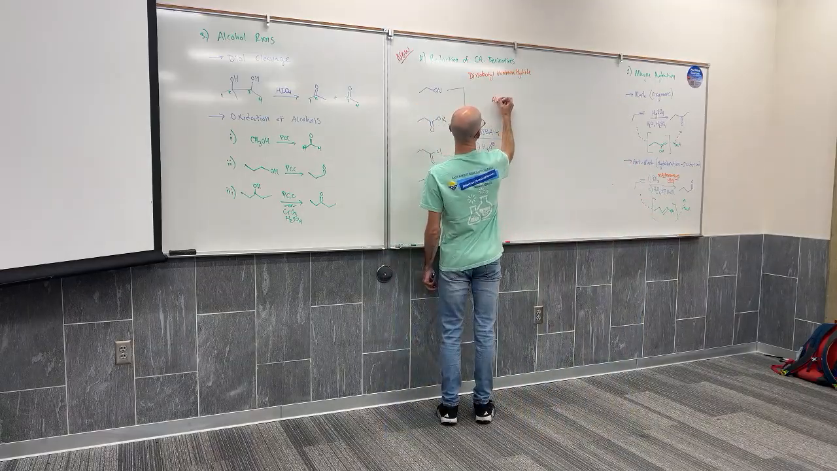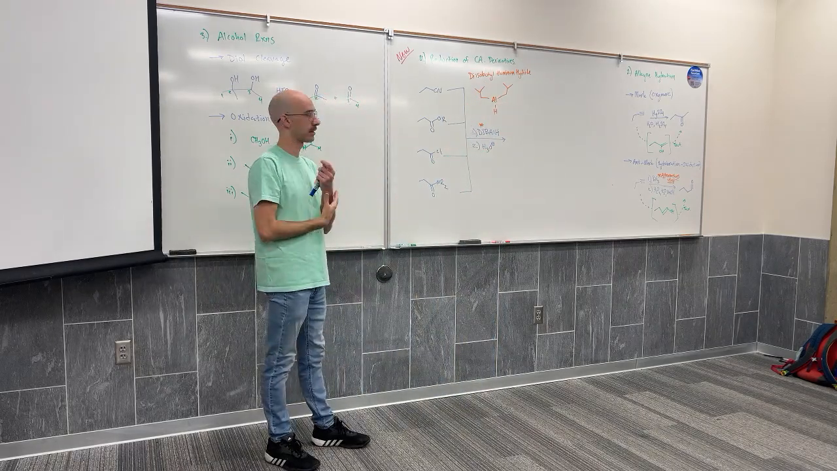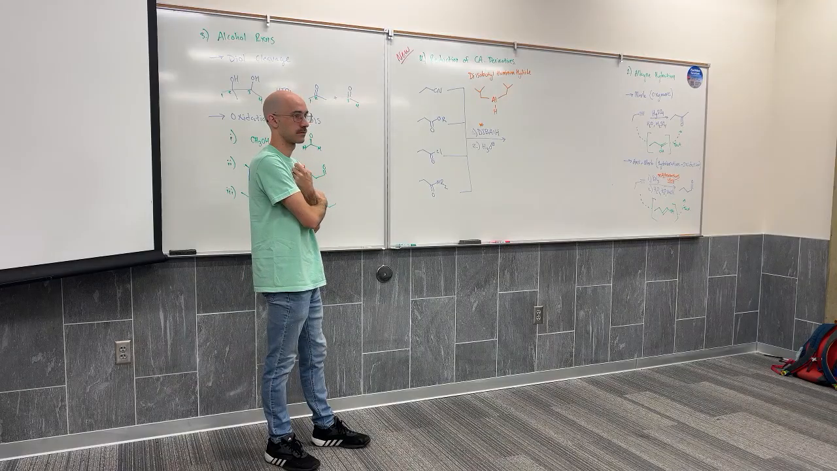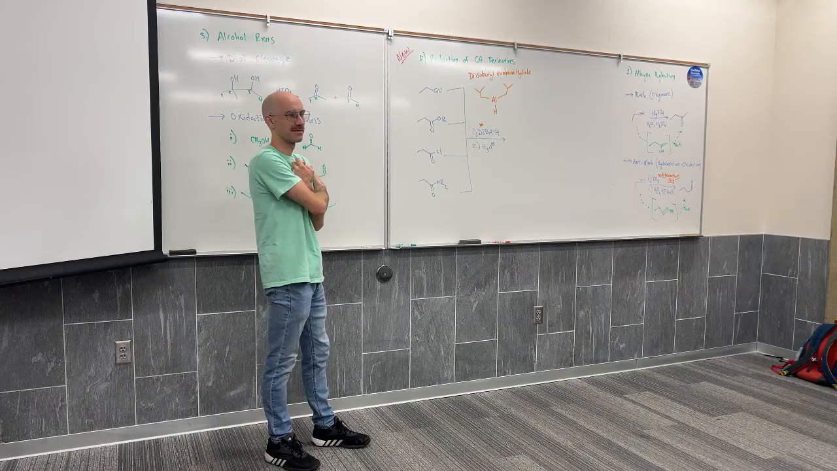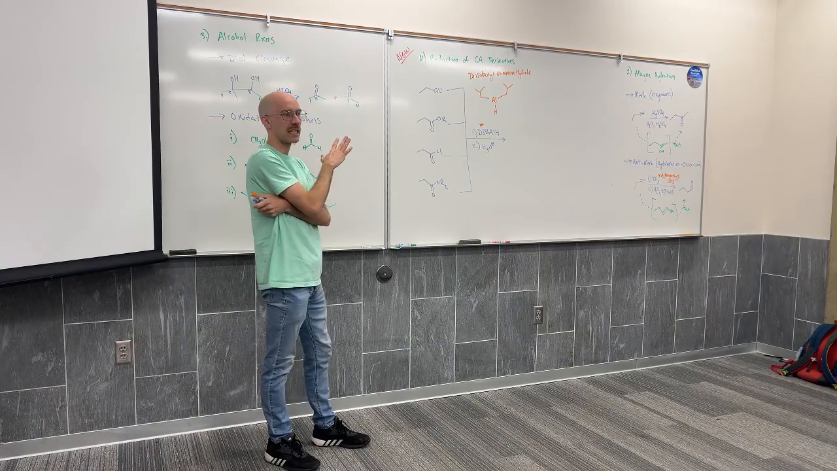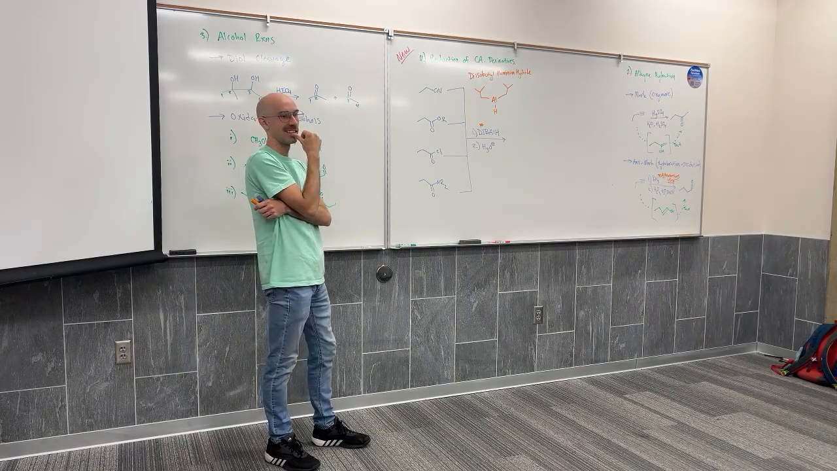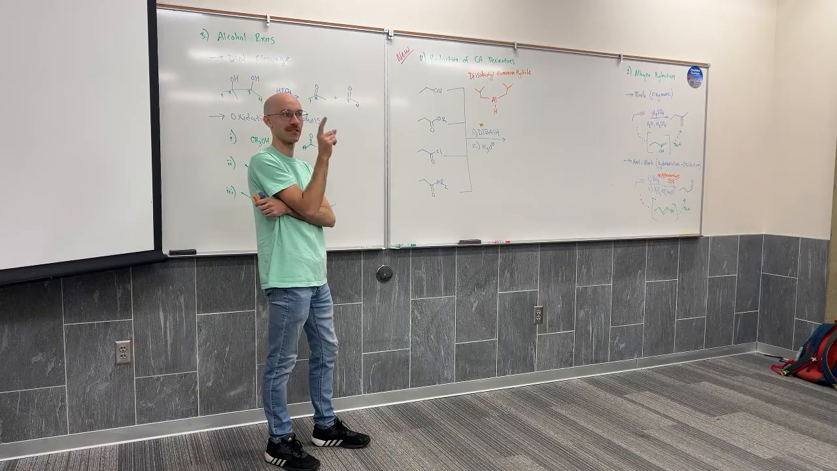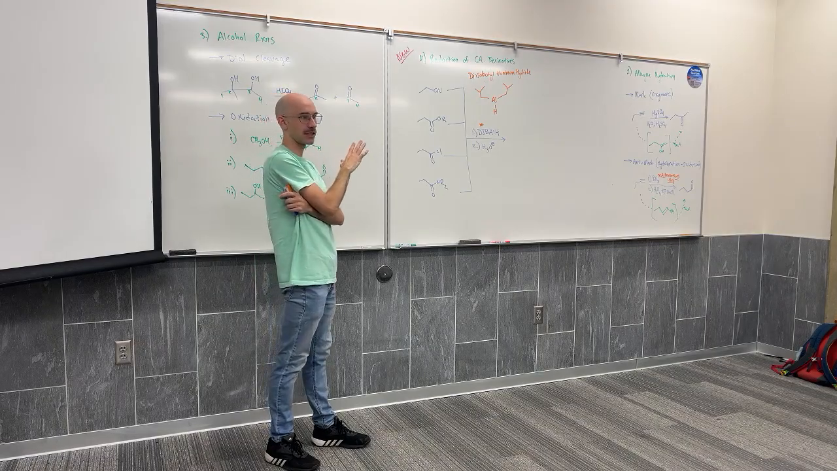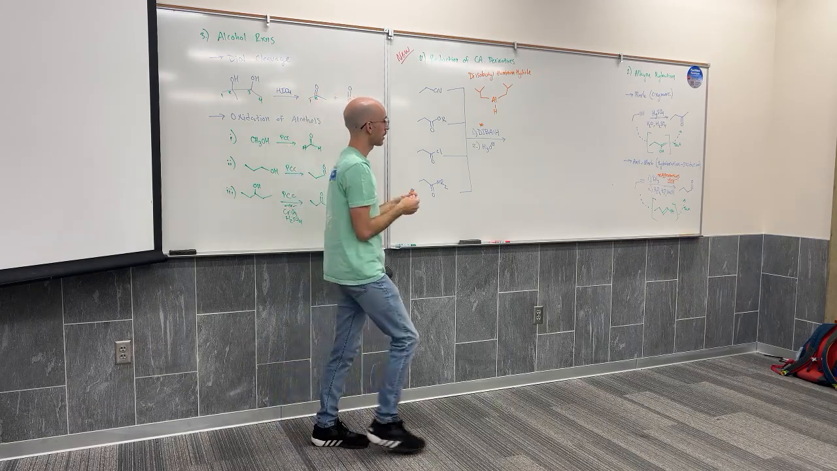So this is aluminum, 2 isobutyl groups, and the hydride. Isobutyl. Did I say isopropyl again? What's the counter ion? Trick question. There is no counter ion. Aluminum likes 3 bonds. How many bonds does it have? Just 3. I want you to compare this